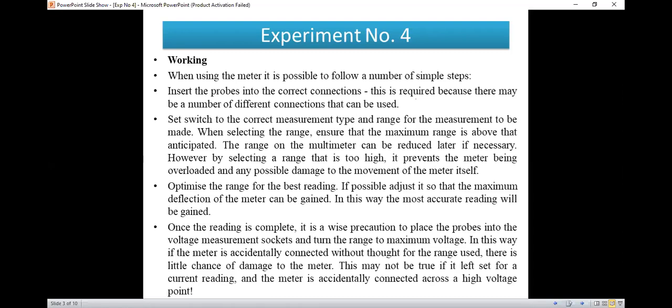So this may not be true if it is left set for a current reading and the meter is accidentally connected across a high voltage point. That means if it is left set for current reading and the meter is accidentally connected across a high voltage, it will somewhat damage the meter also. Okay, so this is